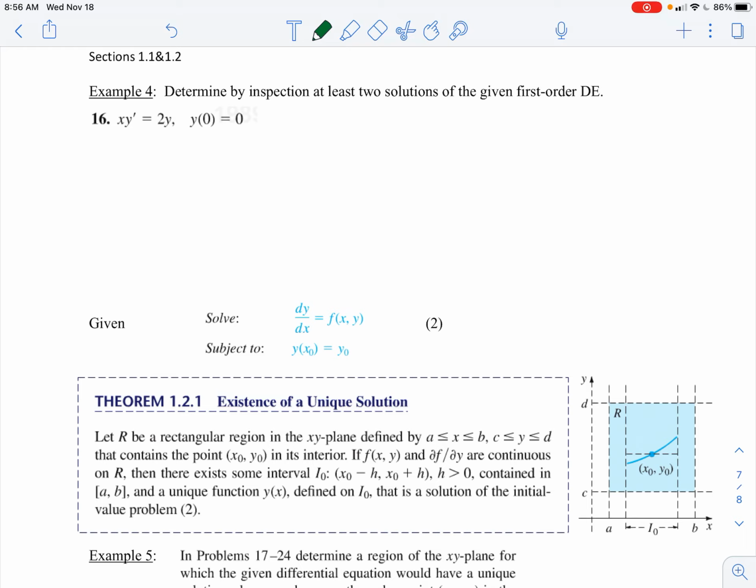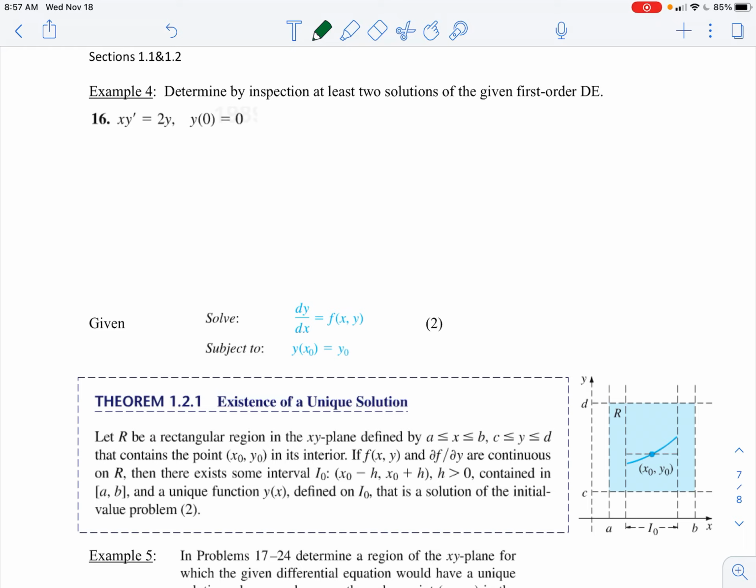Don't really like doing inspection. This is the only time we're going to do inspection. The rest of the time, we're going to be solving these through integration, and we'll have techniques to solve. But this one's just really like, okay, look at what we have and see if you can figure out what these solutions would be. And so in this case, we're looking for, okay, where when we take the derivative